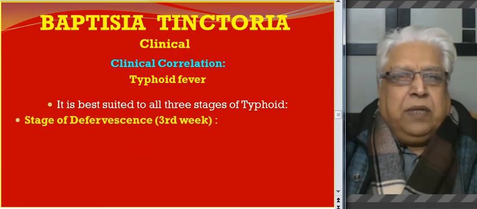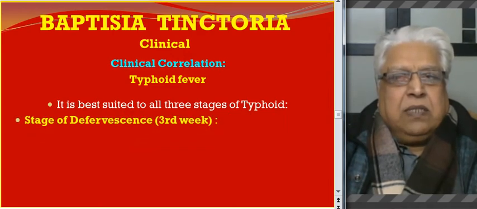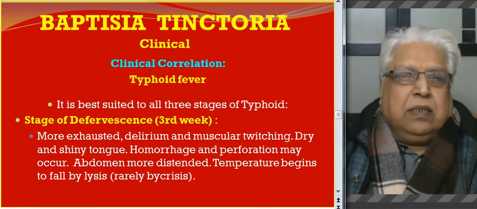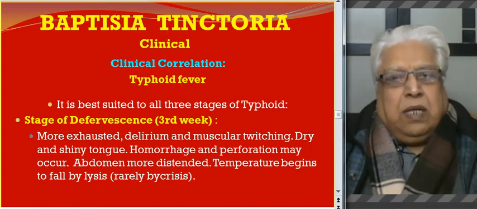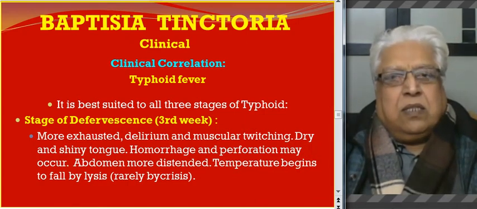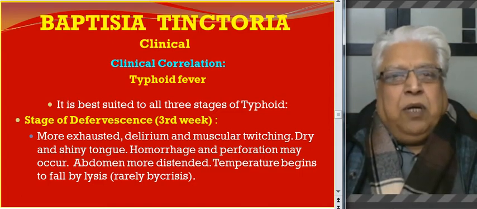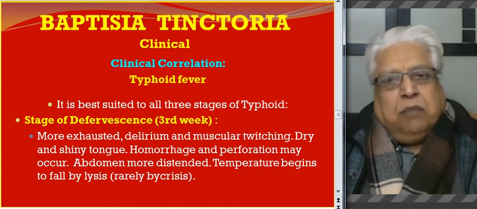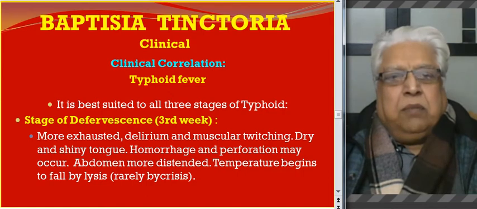The third week of typhoid is the stage of defervescence, but the patient becomes more exhausted and delirious, and muscular twitchings are there, with a dry and shiny tongue. Hemorrhages and perforations are common in this particular phase. The abdomen becomes more distended, and gradually the temperature begins to come down. It is called